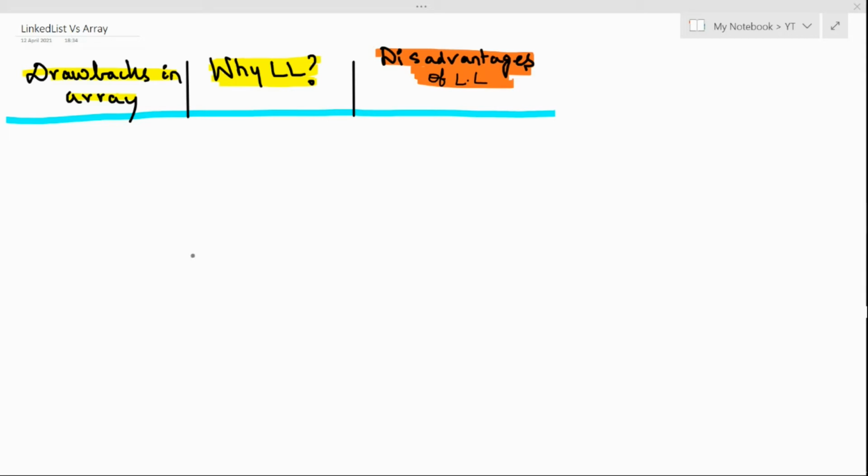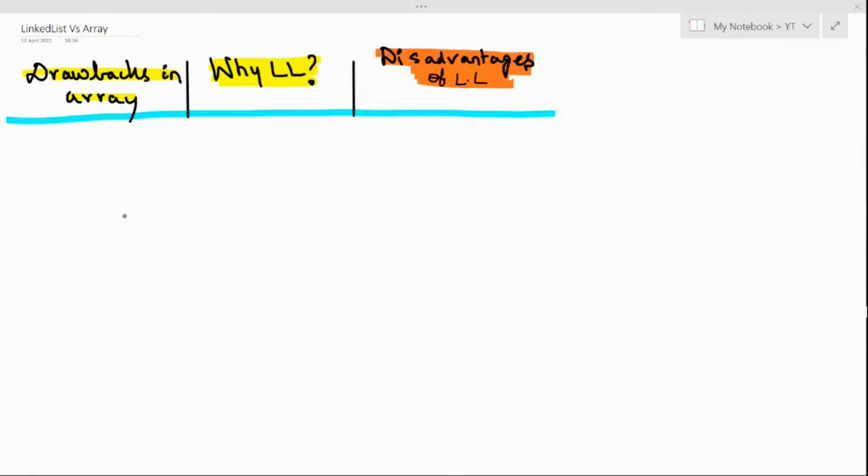In this video I'm going to talk about two different types of data structures and we're going to compare them. One is the array. We know that array is a linear data structure. Generally, if we consider array, it's a simple data structure, right? It's the basic and it's the first data structure which we generally study whenever we study data structures and